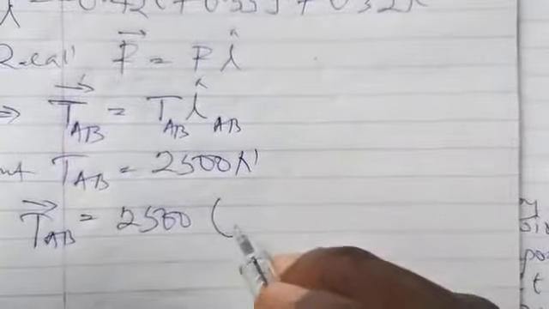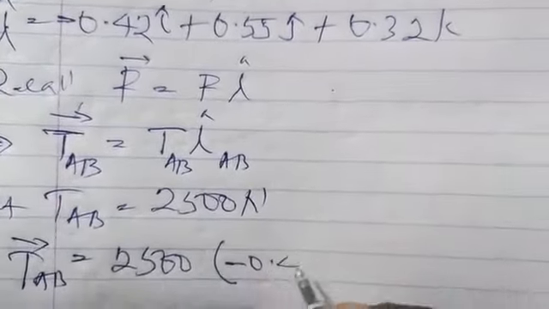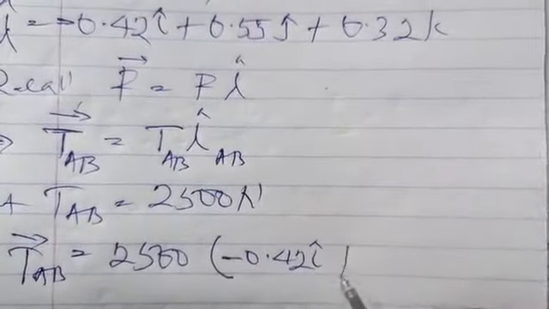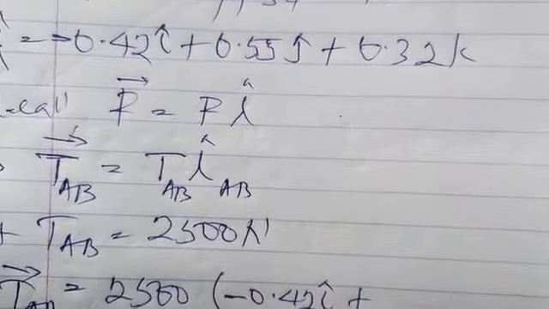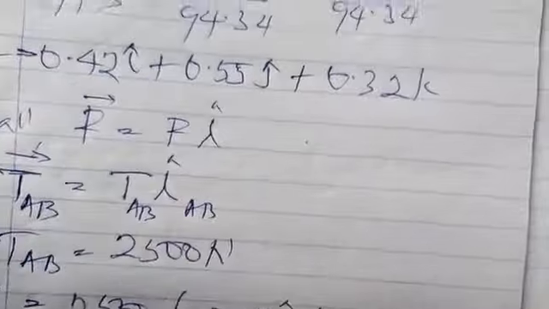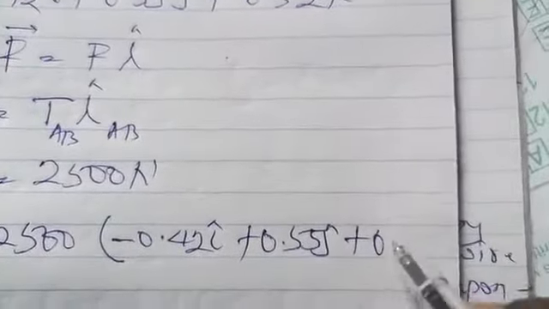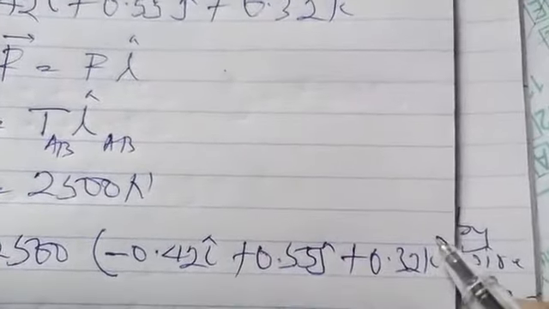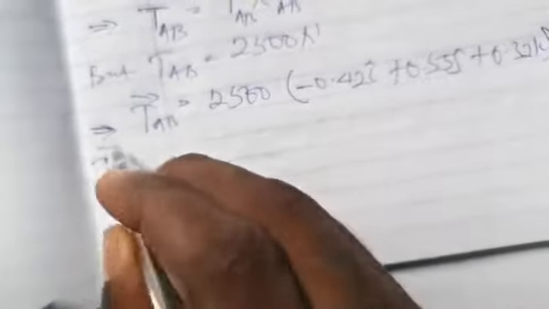All right, so the vector form of the tension TAB is now equal to 2500 newtons times the unit vector, and the unit vector gives us minus 0.42i plus 0.55j plus 0.32k. All right, so if we have this, it means the position vector of the tension force is now equal to,